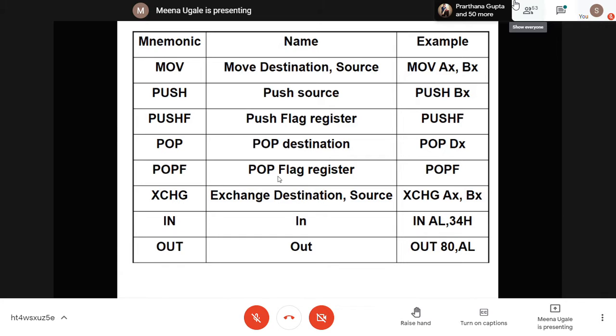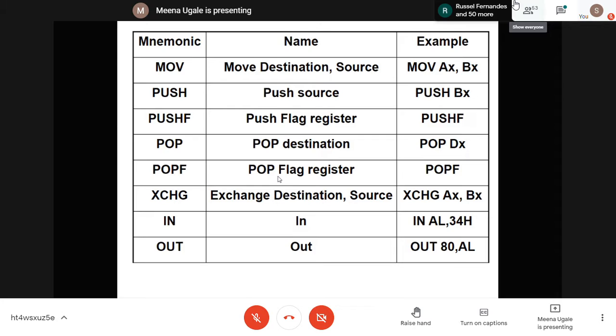For every mnemonic, you have an operation code internally for every instruction, in a hexadecimal number for your processor. That hexadecimal number is converted into binary, and then the respective control signals are generated by the control unit circuitry of any microprocessor. So the basic architecture diagram that we have seen, you can recall over there.